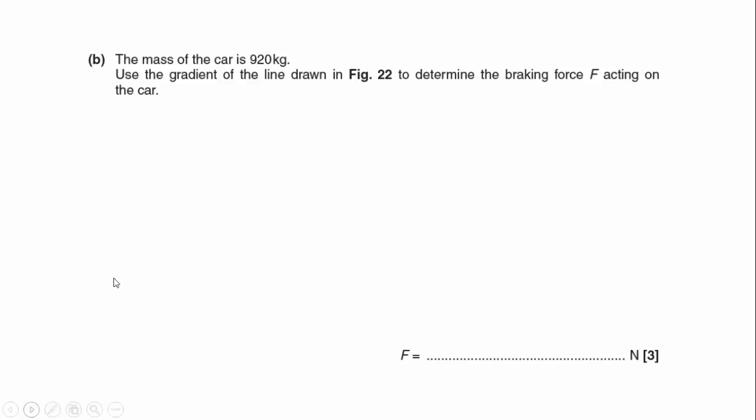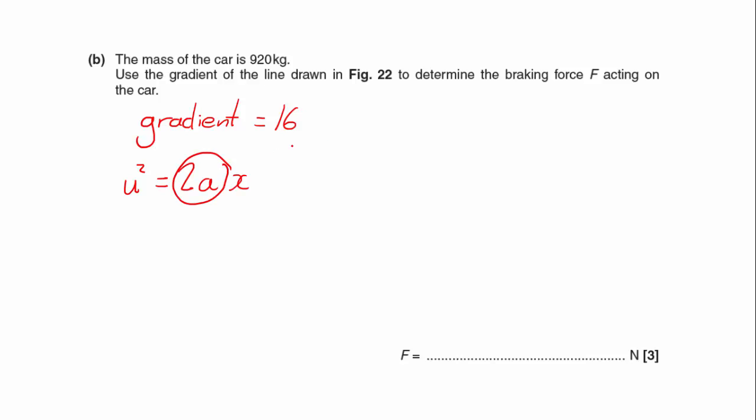Okay, so let's just go back here. I know the gradient is 16. If we remember that we've got the equation u squared is equal to 2ax, what I'm saying here is the gradient of the line is 2a. So 2a is equal to 16. Therefore the acceleration, or the deceleration, of the car is going to be 8